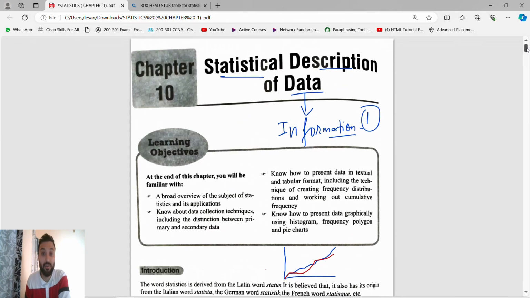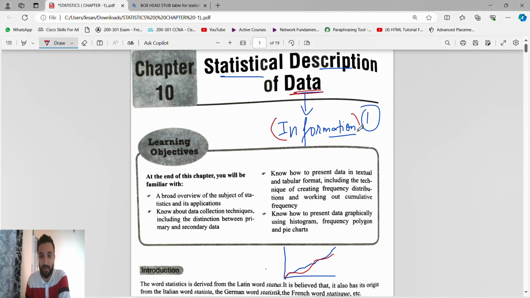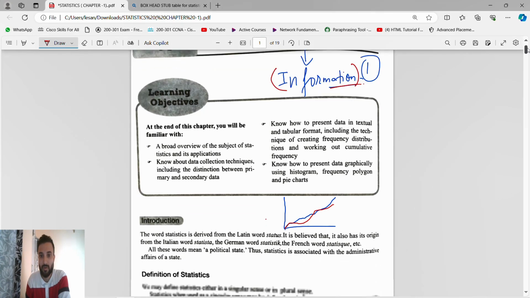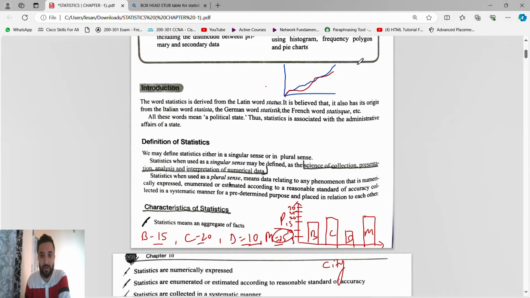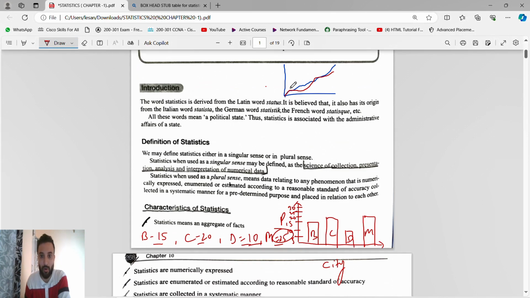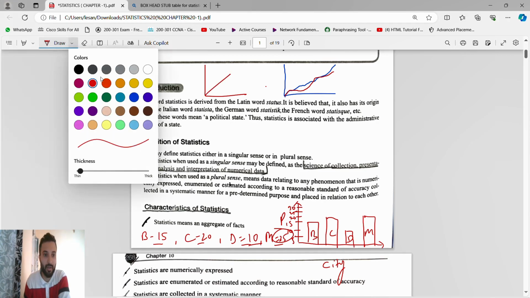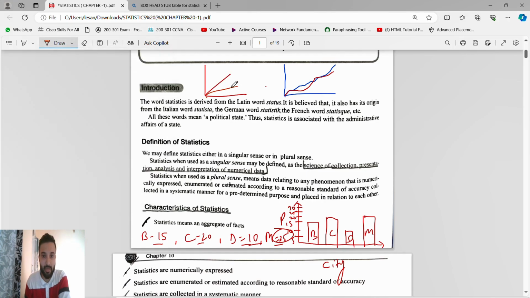So that's why in stats we want quantitative data. We will not deal with qualitative data, which does not give numeric values. So what is data? Data means information, and in statistics we represent it either in graphical form, or curve form, or line form. Student A, then student B, then student C, like that, in graph form.